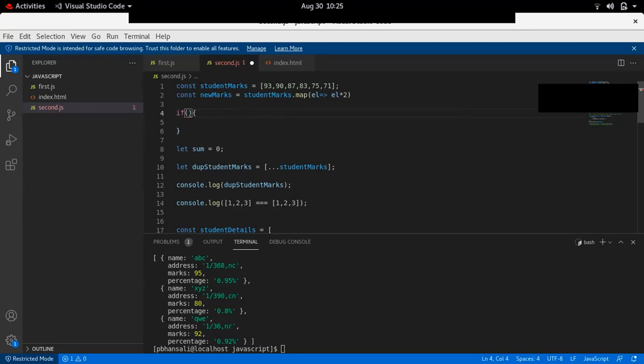There is also one new operator. It's called new Set. That is for removing the duplicates from an array. So that is your homework. Actually, you have to write code which will find the duplicates in an array, and you don't have to use that new Set syntax. You have to use some other syntax.